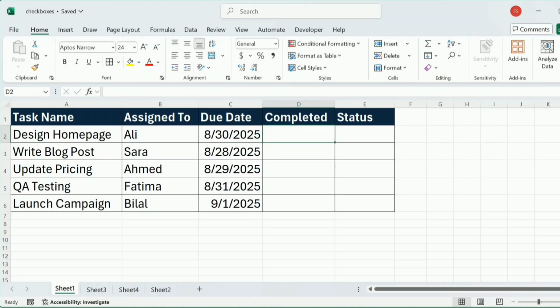Ever wish your project tracking could run itself just by checking a box? In this video, I'll show you how to turn simple checkboxes into powerful automation tools that keep your workflow smooth,